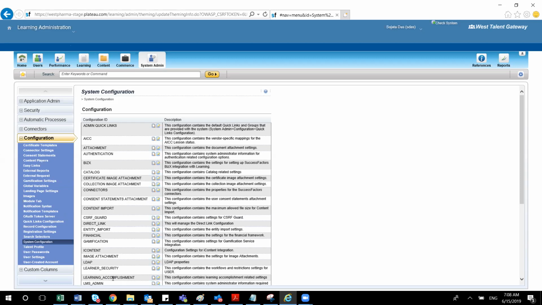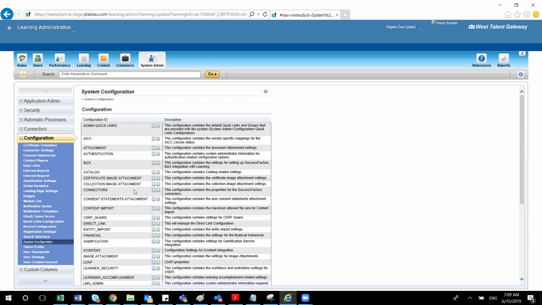It is similar to your on-premise HCM, where in SPRO there are a lot of configuration points, but exactly what you need is relevant depending upon your business process. Suppose you are implementing payroll for India, I don't need configuration for payroll UK, right? Similarly, there are so many configuration IDs, but you don't have to go to each and every ID. So first I will show the connector part.